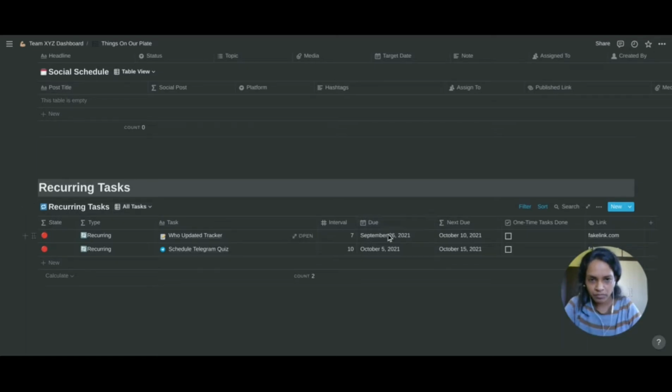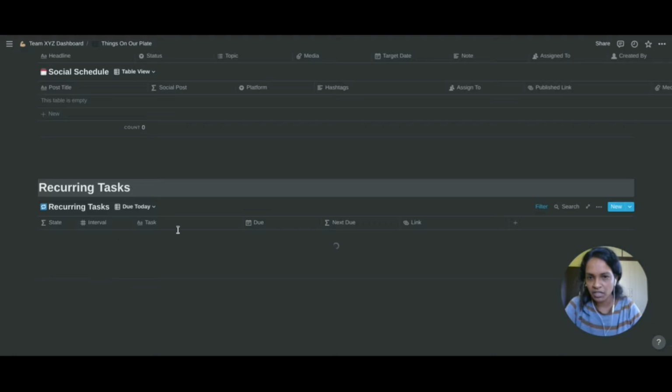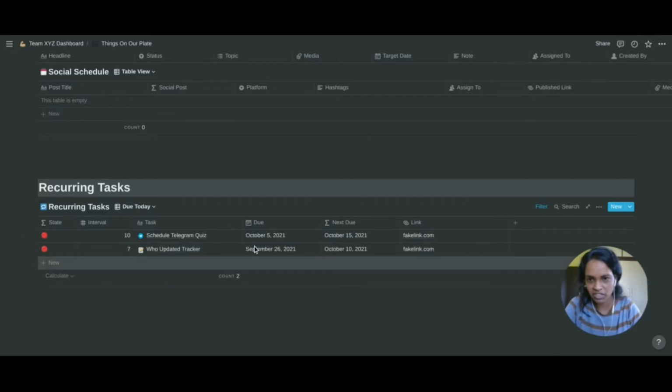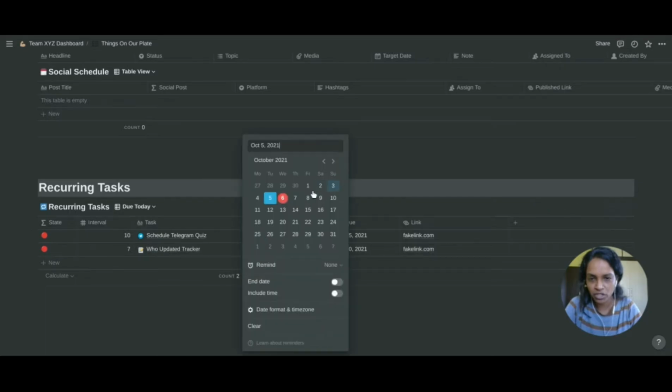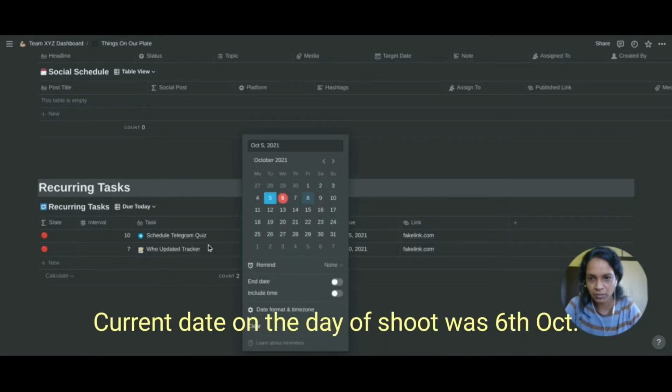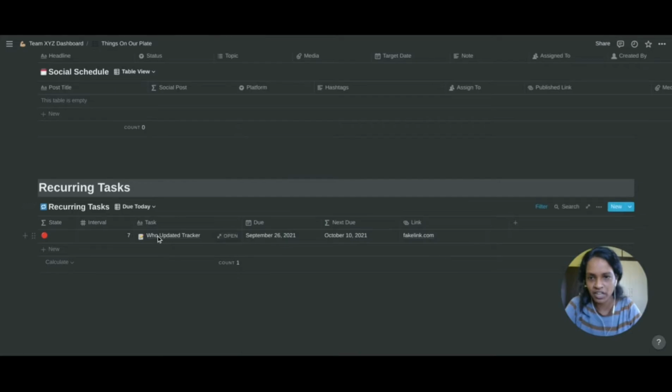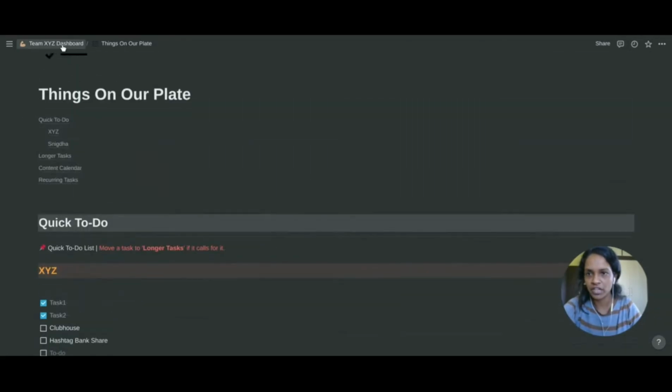So what it'll do is when I set the due date, it'll automatically calculate the next due date, and I can create a view which would always give me the tasks that are due. So, for example, if I move this task's due date to, let's say, the 8th, it will disappear from this, and I will only have this which is due, and I have to tackle that. That's all about it. Let me go back to the dashboard.